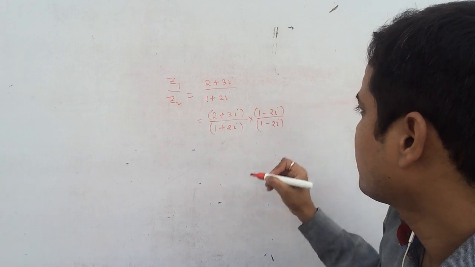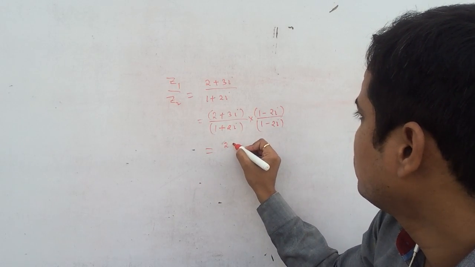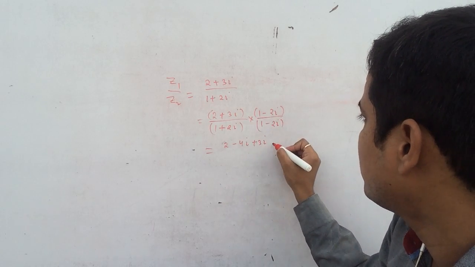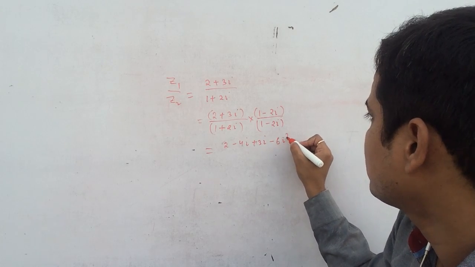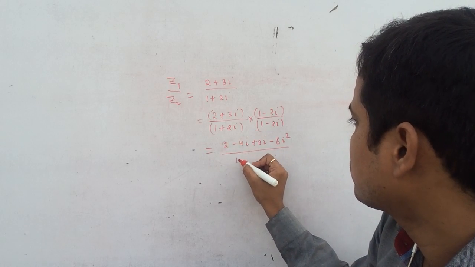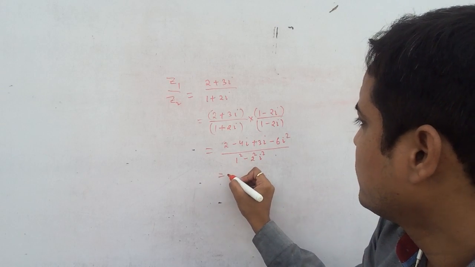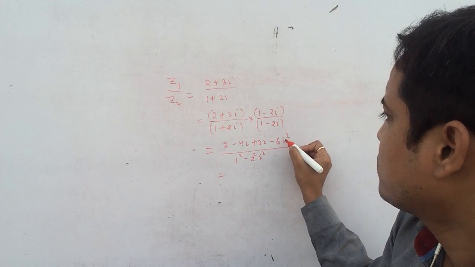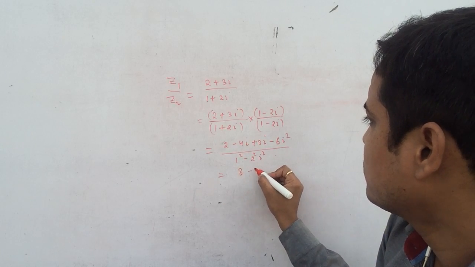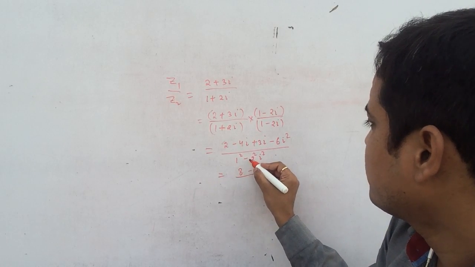When you multiply, you get 2 minus 4 iota plus 3 iota minus 6 iota square upon, a minus b, a plus b, so 1 square minus 2 square iota square. Iota square is minus 1, so 2 plus 6 is 8, minus 4 iota plus 3 iota is minus iota, upon what would you get here? 1 minus